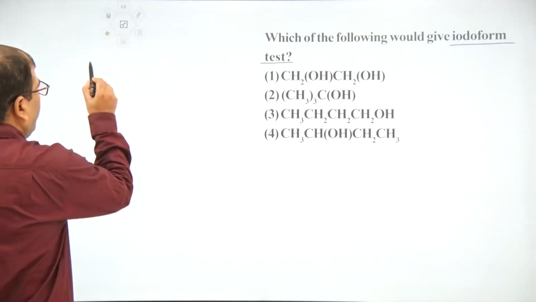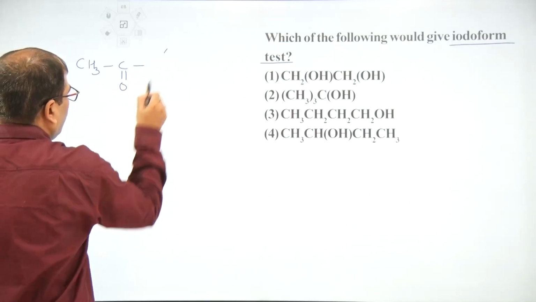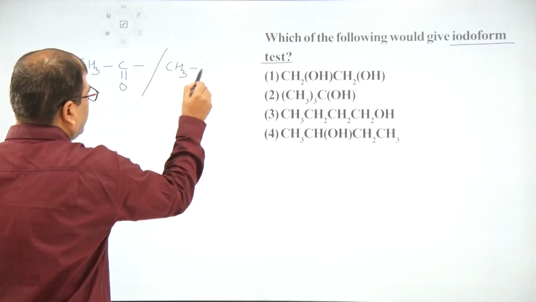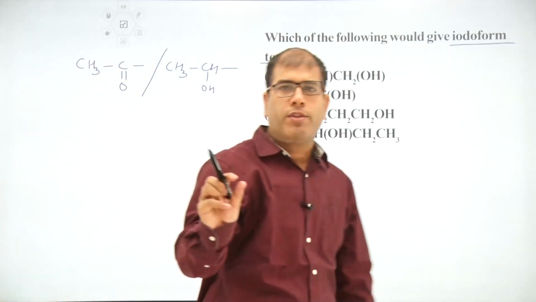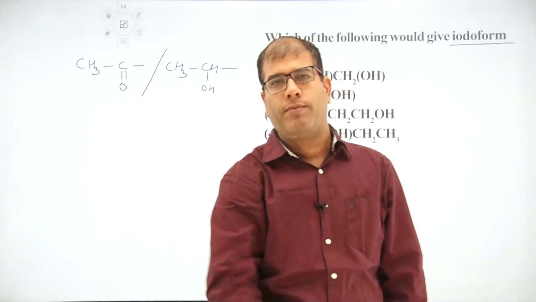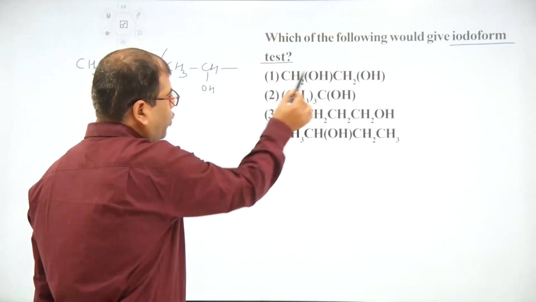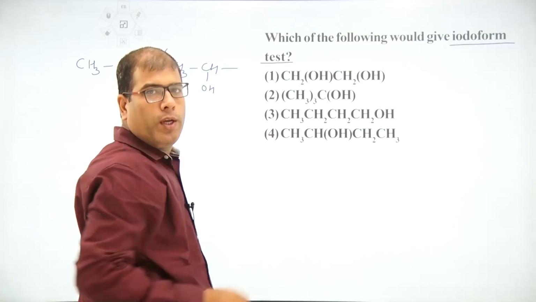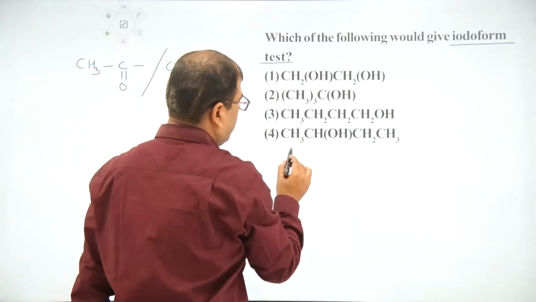We know that when any compound has CH3C=O or CH3CHOH moiety, it gives a positive iodoform test. So we have to check the CH3CHOH moiety in these compounds, because in all 4 options ketone is not present. So if we see this,